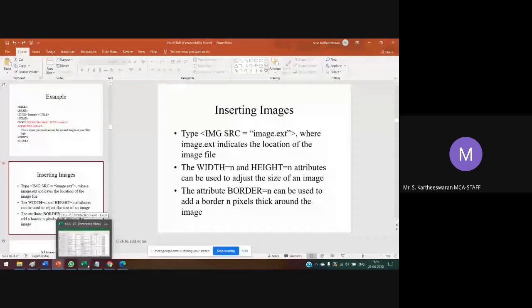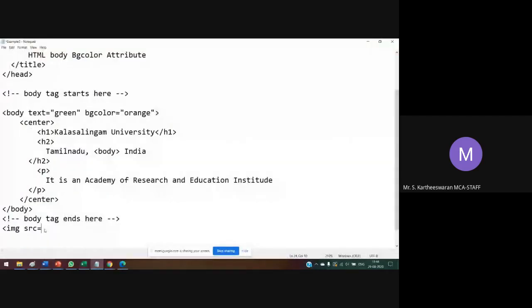Equal to image dot extension. Okay. The image name is KLU.jpg. Okay. KLU image.